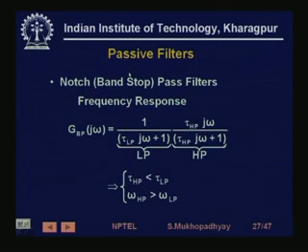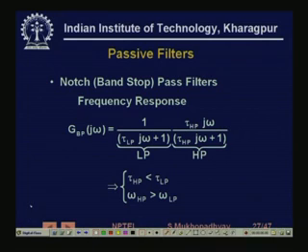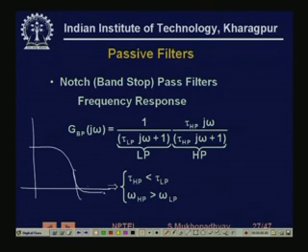Similarly, you can have a band reject filter. This is a band stop filter. If you have the cutoff frequencies, where this is low pass and this is high pass, now the cutoff frequency of the high pass is actually higher than the cutoff frequency of the low pass. So if you connect these two filters in parallel now,